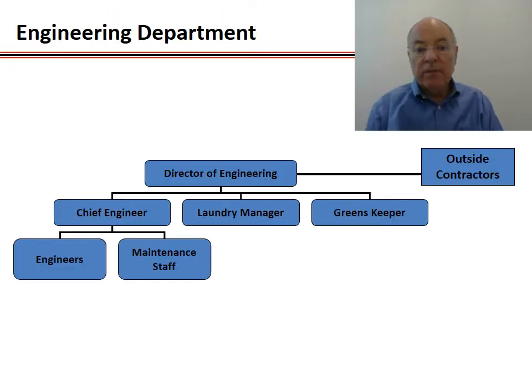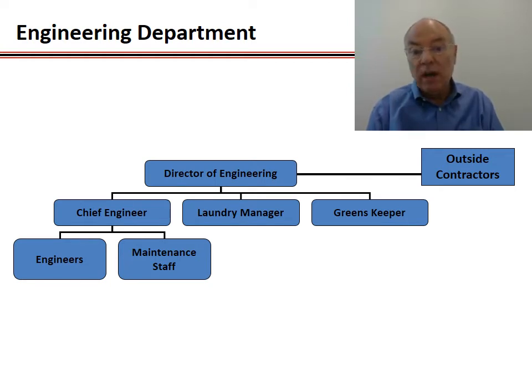So first off, the Department of Engineering, probably not an area that any of you are going to pursue. It's a very specialized area, but the maintenance, the operations, making the hotel work on a daily basis. And obviously if you get more complicated when you get to a resort aspect of it, you can have outdoor recreational facilities like golf courses, beaches, etc., that fall typically under that director of engineering. And many of the vendors that they have to deal with, of course, are going to be outside contractors. Hotels don't do their own lifts. They don't do much of their own equipment aspect of things. But a chief engineer is looking at the basic daily maintenance and keeping the place up.